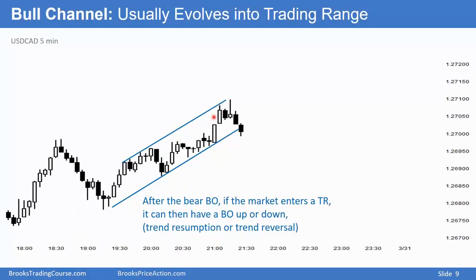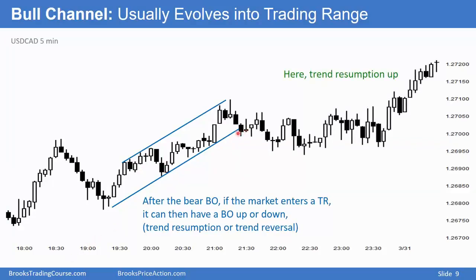Again, we have a bull channel, a bull trend, and we're starting to get a bear breakout. This bull channel had a bear breakout by going mostly sideways. It went down a little bit, but it was mostly sideways. And it entered a trading range, market cycle. You have a strong bull trend here, a pullback, a strong bull trend here, pullback, and then a channel. And channels usually evolve into trading ranges. Sometimes it's a tight trading range. Sometimes the channel goes all the way down to the bottom of the channel here or here, and then enters